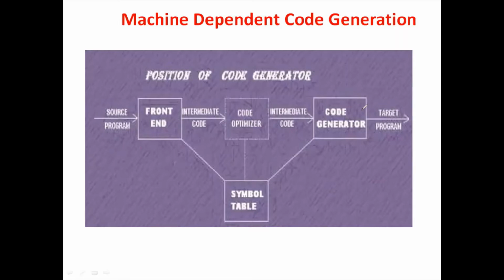So code generation is the process of creating assembly language or machine language statements, which will perform the operation specified by the given source programs. Finally, all the data can be stored using the symbol table techniques. So that is nothing but machine independent code generation. This is the process of code generation techniques.